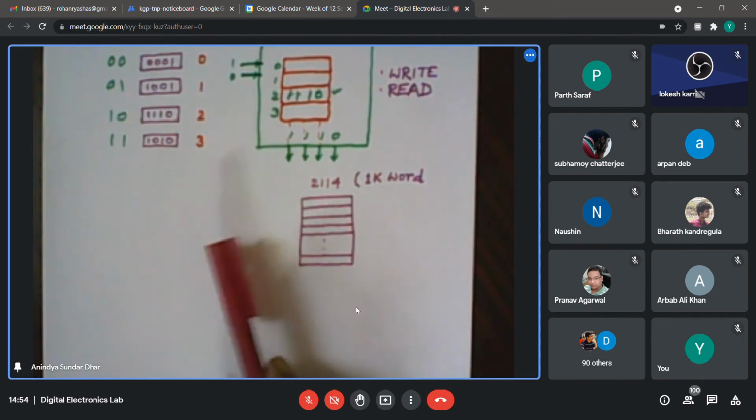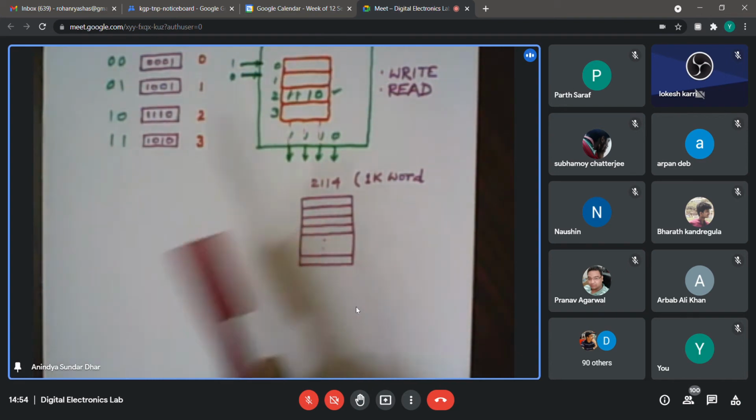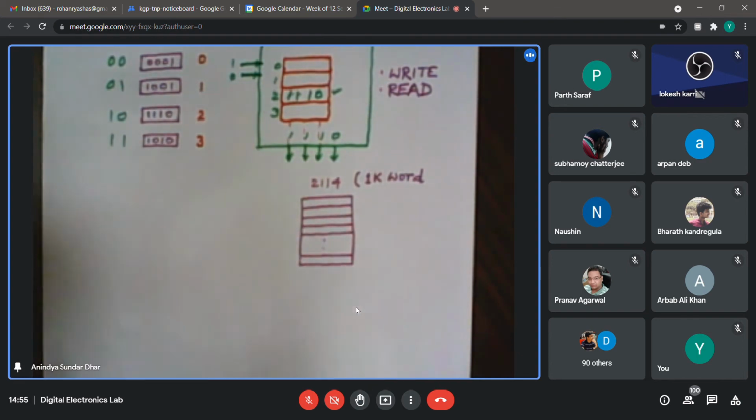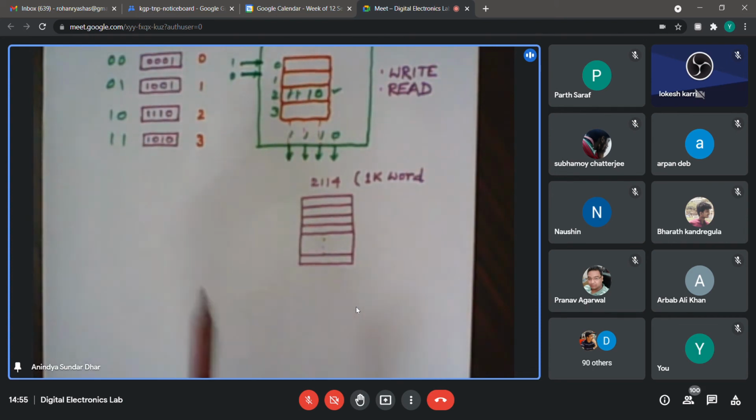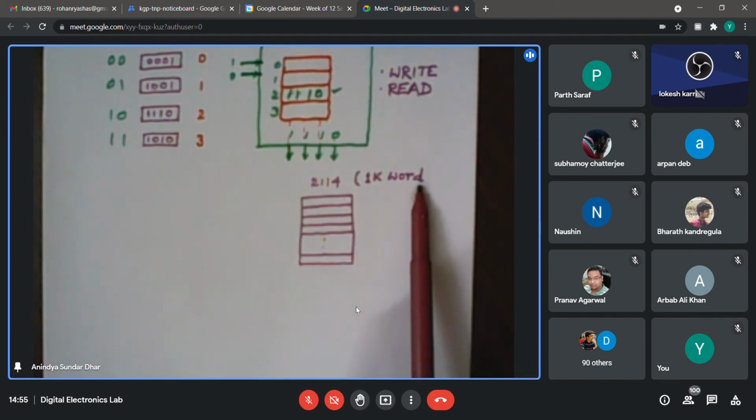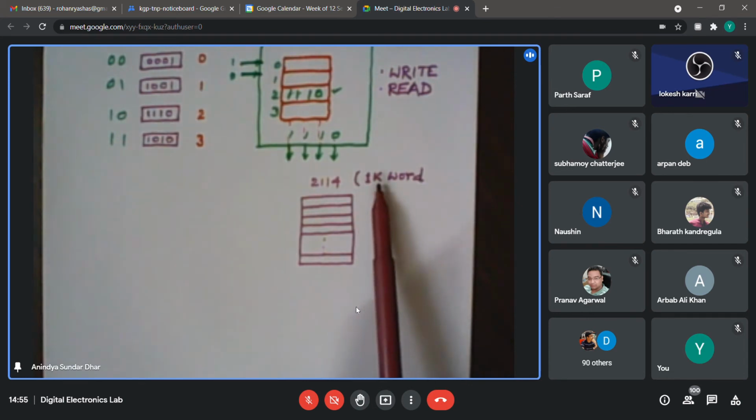So where I left off, if I come back, has the attendance by any chance dropped? No. Okay. Probably last time also it got cut off at the same point. I was talking about this 1 kiloword. Rohan said your screen froze, but now I think it is okay, right? Yes, Rohan?